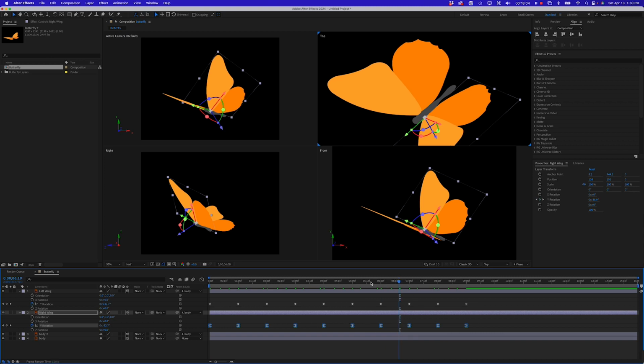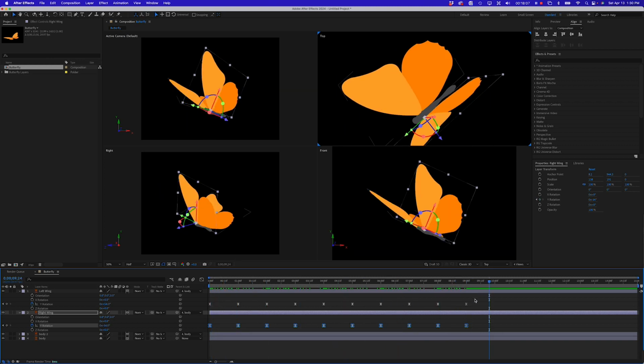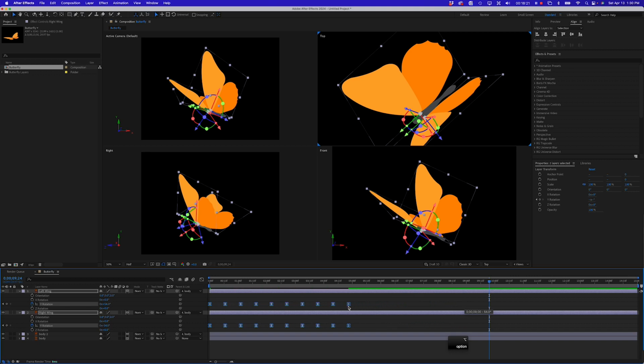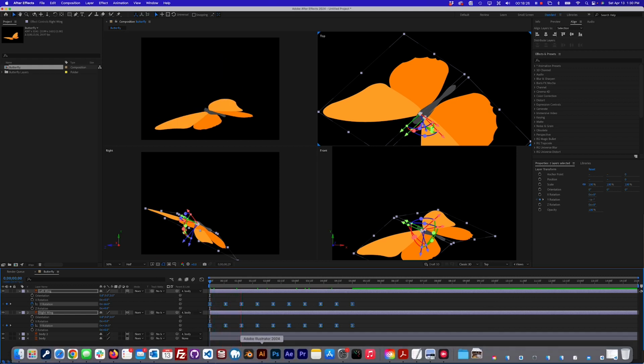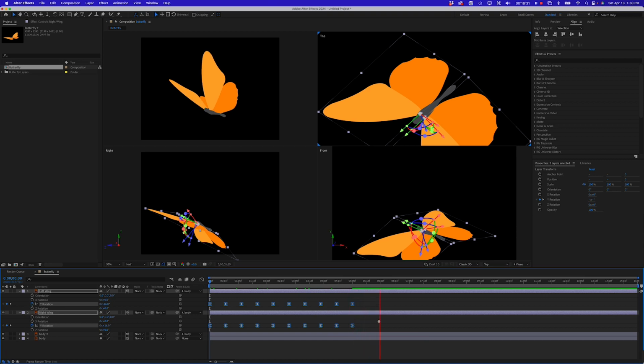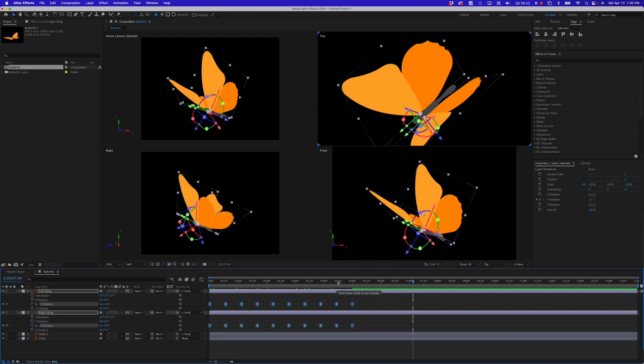All right. So let's say that our timing isn't what we want. Say it's just too slow. So if I select all of these, then I hold down my Option key and click on the last one. I can adjust this timing overall. And let's drop it down to 5 seconds. And that speeds up our flapping wings a little bit. And we can go as far as we want to with this. This is one way you can loop through something like this. It's just sort of a methodical approach to it. But